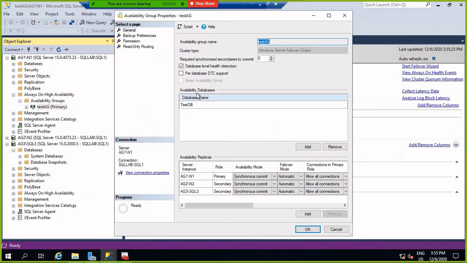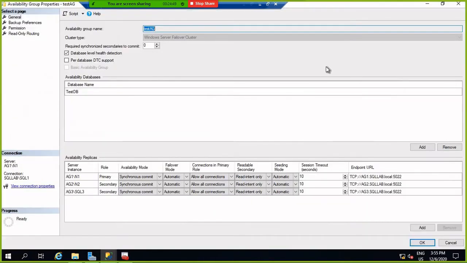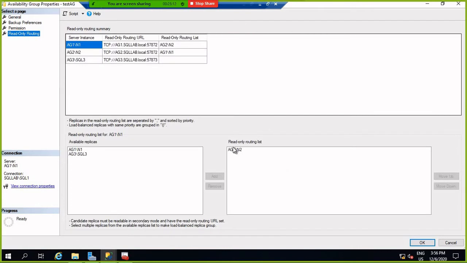So now more specifically, go to the properties here. Here you can see read intent. Read intent means it depends on how your application is connecting, using -K, or on which instance you are connecting. So just come across here.